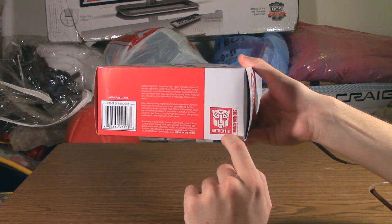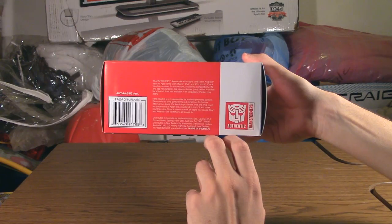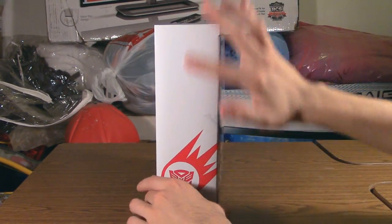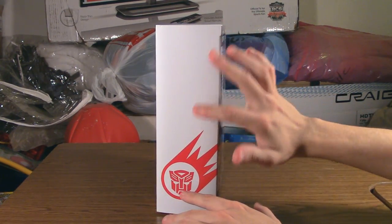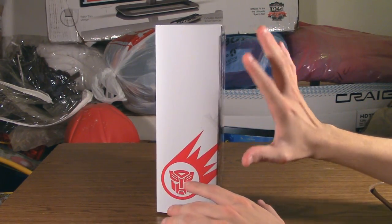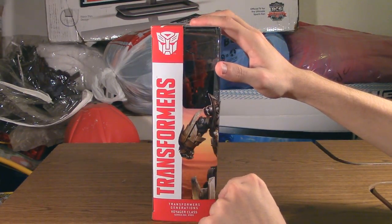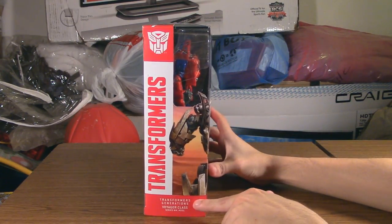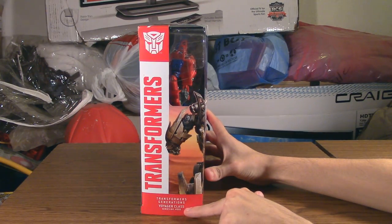This is an authentic Transformers movie product, or Transformers product in general, just in case you did not know. We turn to the side, we got a bunch of white and red with the Autobot symbol, and like I said, the contrast between these 2 colors is very, very good. I don't know what it is about it, but I really, really do dig it. And then at the other side, we got the continuation of this graphic here of Optimus Prime with, once again, Transformers, the Autobot symbol. And then down below we got Transformers Generations Voyager class series